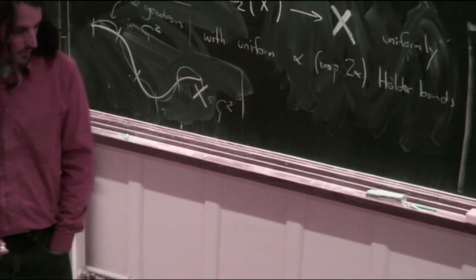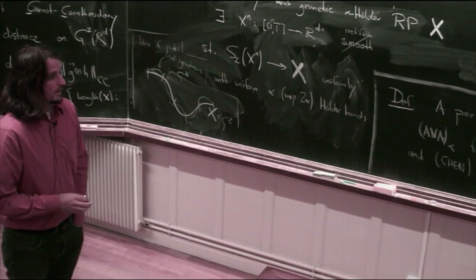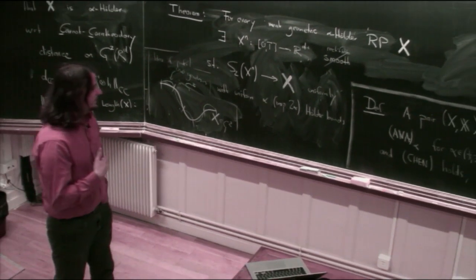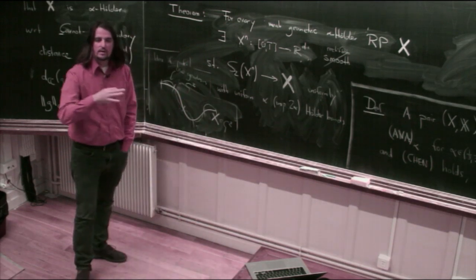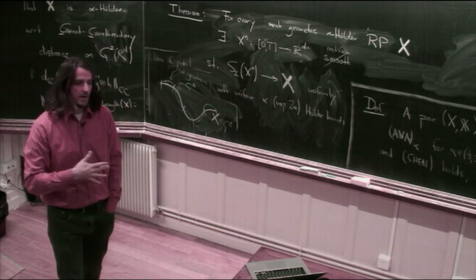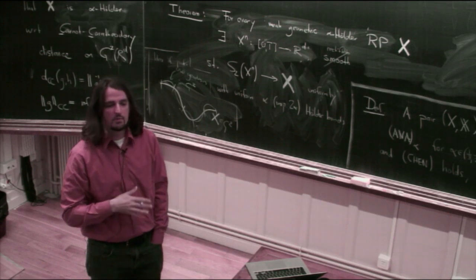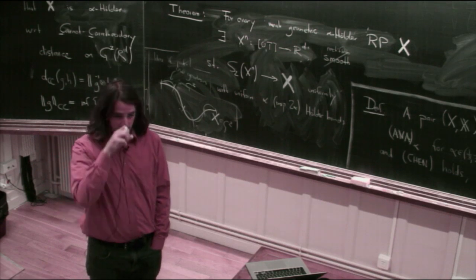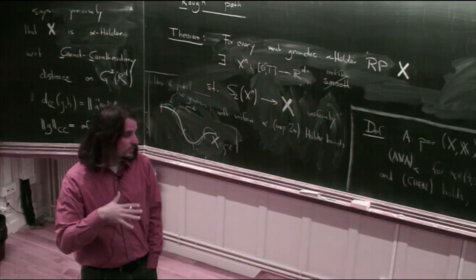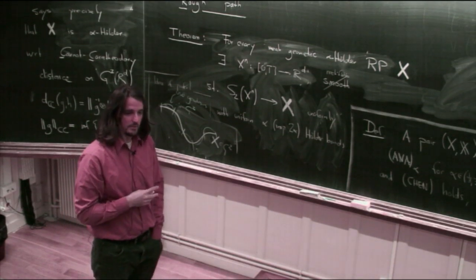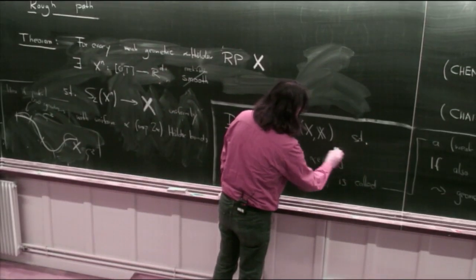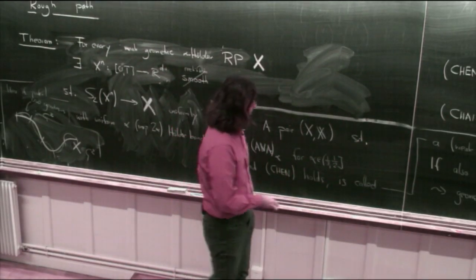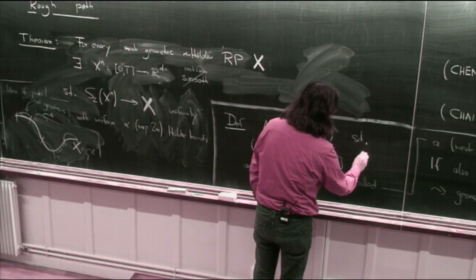I mentioned it, but I wanted to point it out again. If you try to do rough path theory, not in this regime alpha between a third and a half, but you want to do something very rough where alpha is, I don't know, 0.001, then it's okay. You just need more levels. In the regime between a third and a half, you just need 2 levels, and the relation here is that the number of levels